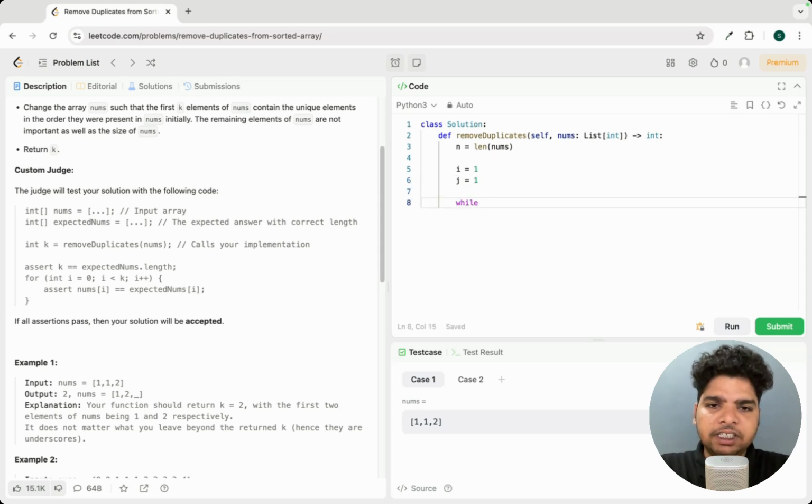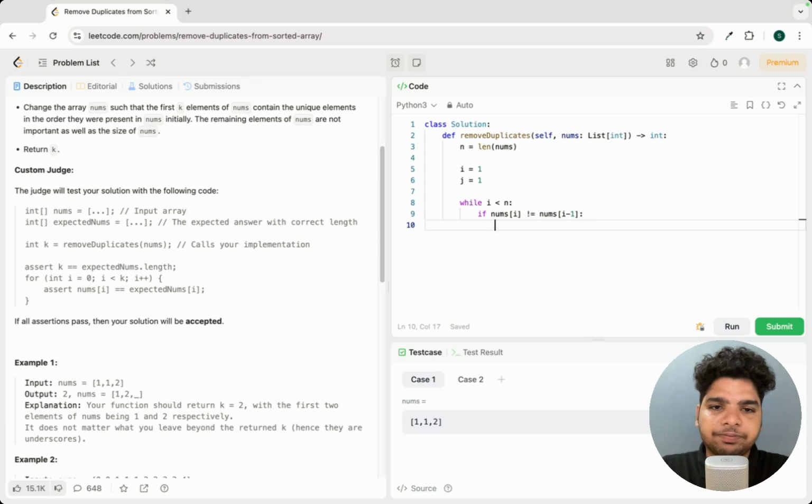Then we'll do this until i is less than n, right? i is less than n. Now what we'll check? First we'll check if the current element nums of i is not equal to nums of i minus 1. Okay, then what we'll do? If this is not equal, then whatever the value present, nums of j will be